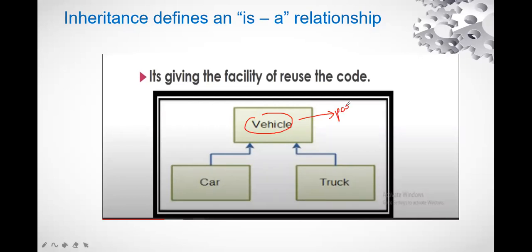It is also called the superclass. It is also called the base class. So we can give three names to this: base class, parent class, and the superclass. So these are the defined names. Now what is this? This is the class which has been derived from; this arrow will be upwards.